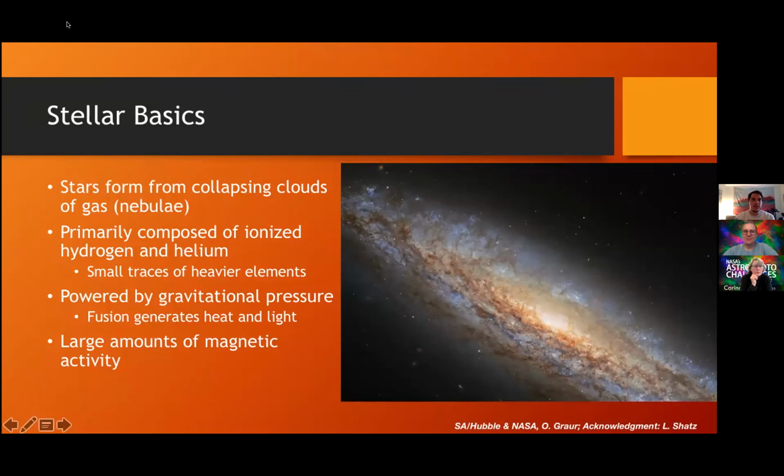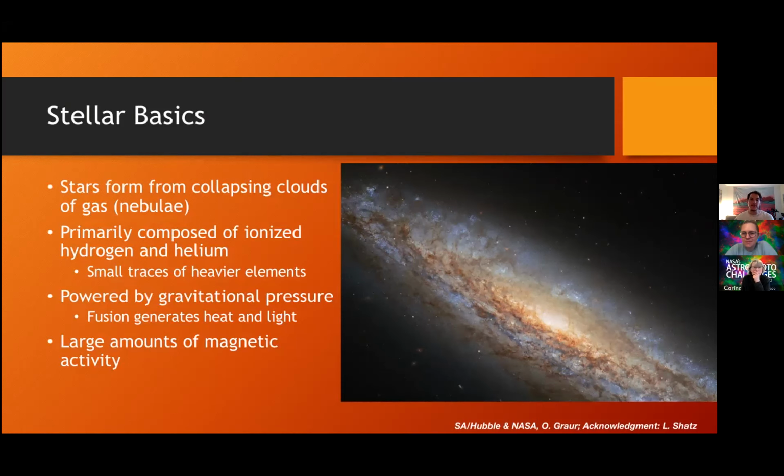So just to start with some of the basics of stars and astronomy. Stars form from collapsing clouds of gas, like nebulae, like the object that we're talking about here. So space, for the most part, is very empty, very open. And you get these big clouds of gas that collapse down onto themselves and form stars. Stars are primarily composed of hydrogen and helium, which make up something like 99% of the universe. There are traces of heavier elements that do play an important role in a lot of stellar stuff that I'll talk about later, but primarily these objects are going to be comprised of just hydrogen and helium